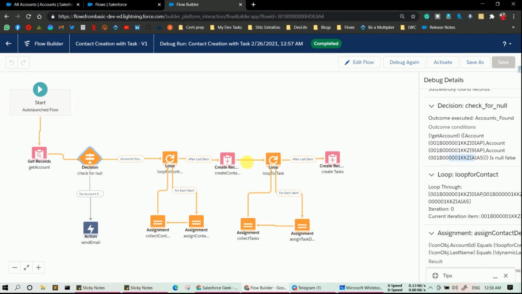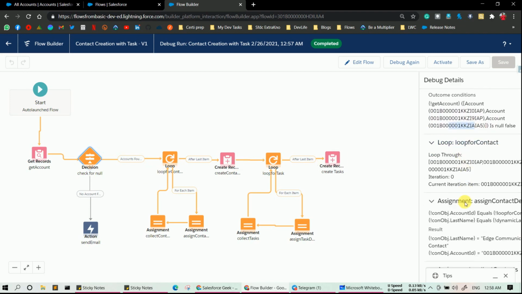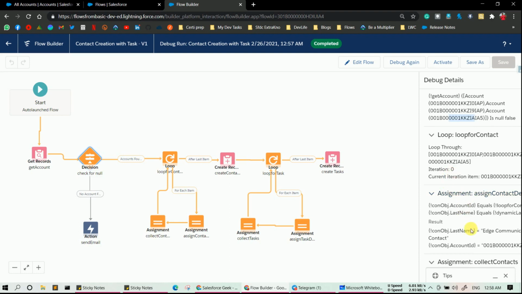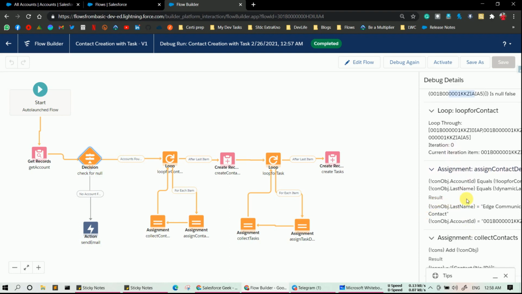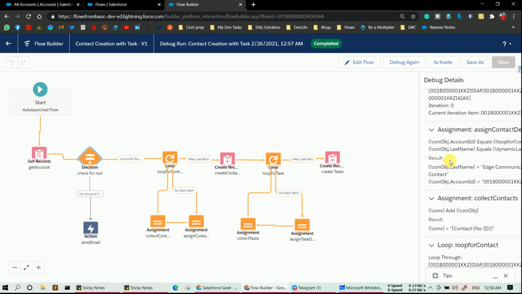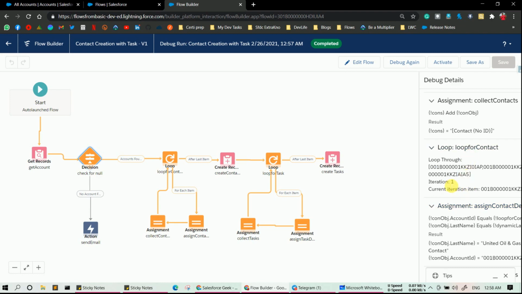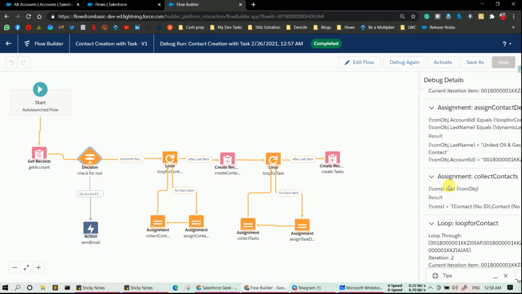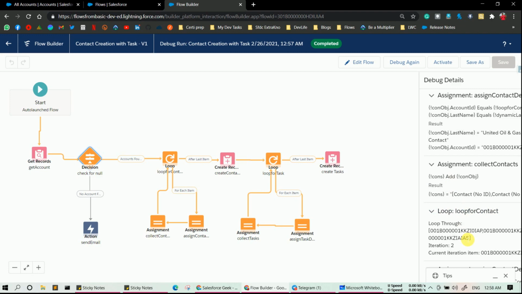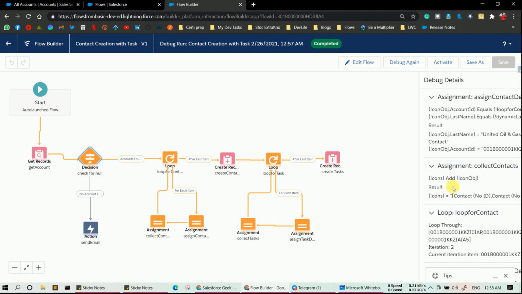Now we came to the loop and the first record will be processed, and for the first record we need to create one contact. So the first contact is assigned over there as an instance. Here you can see first iteration, then you will see second iteration, and we are adding those contacts into our list, like the add contact object.